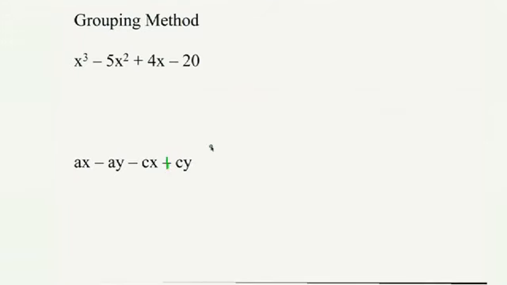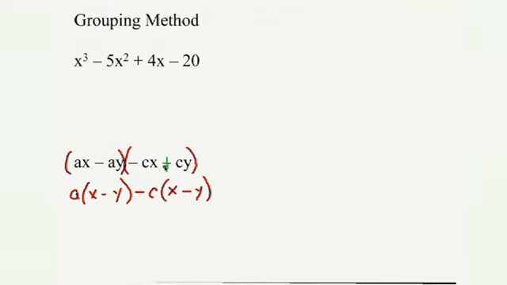That's right. Okay, now, let's look at how this problem was supposed to be written here. Let's change this last sign to a plus sign. Okay? Now, just as we started before, grouping the first two and the last two again together. Out of the first two, we can take out an a, and that leaves us with x minus y. And out of the second two, I can still take out that negative c. And again, watching my signs, negative c times positive x gives me negative cx. And then my second sign, negative c times negative y, gives me the positive cy.